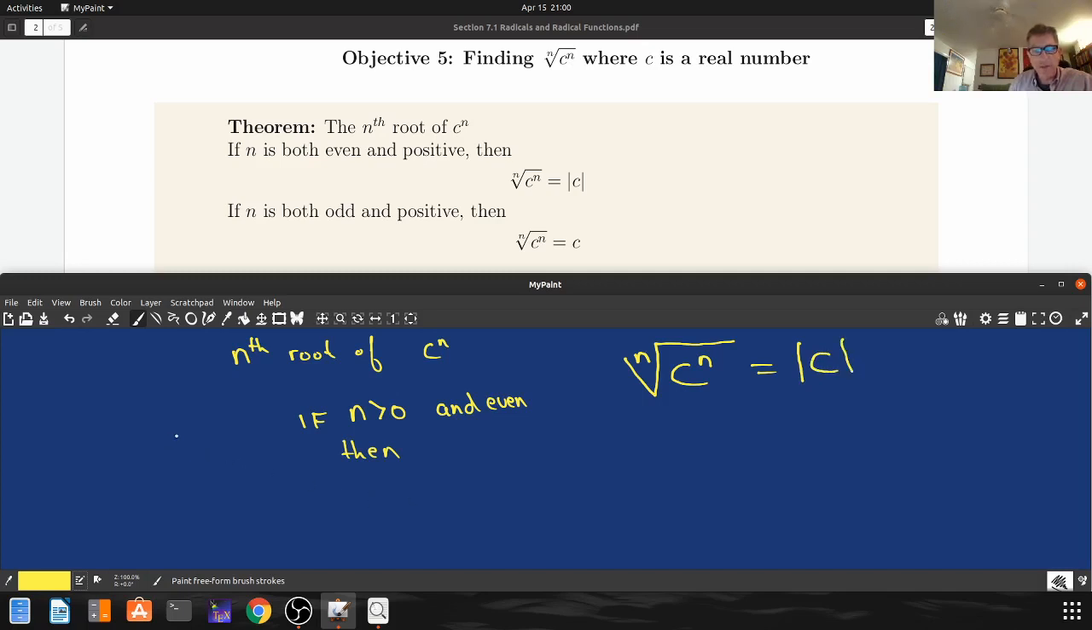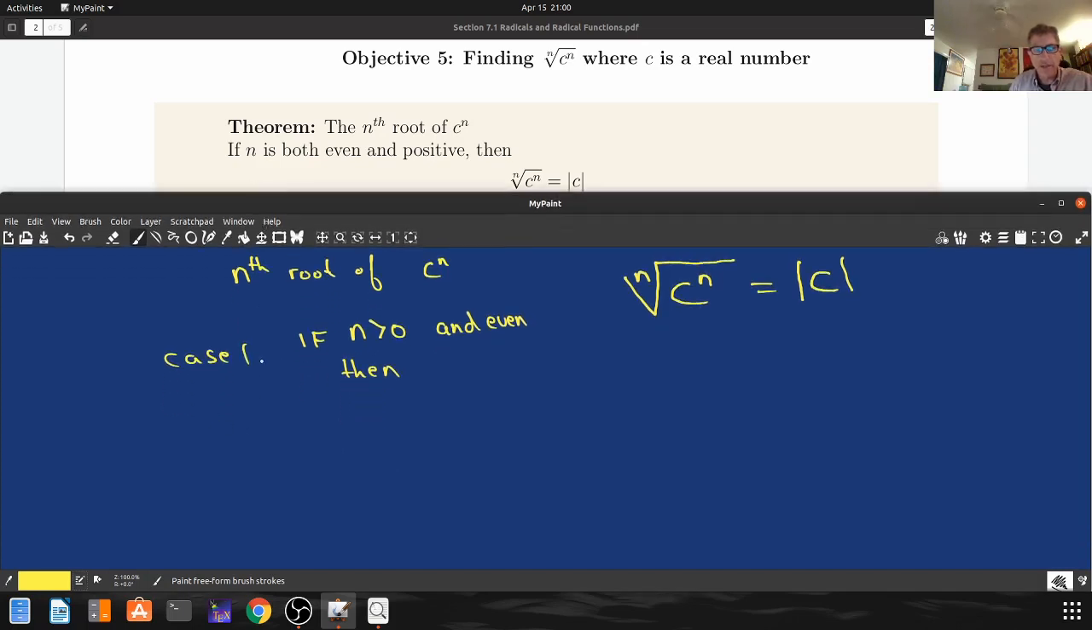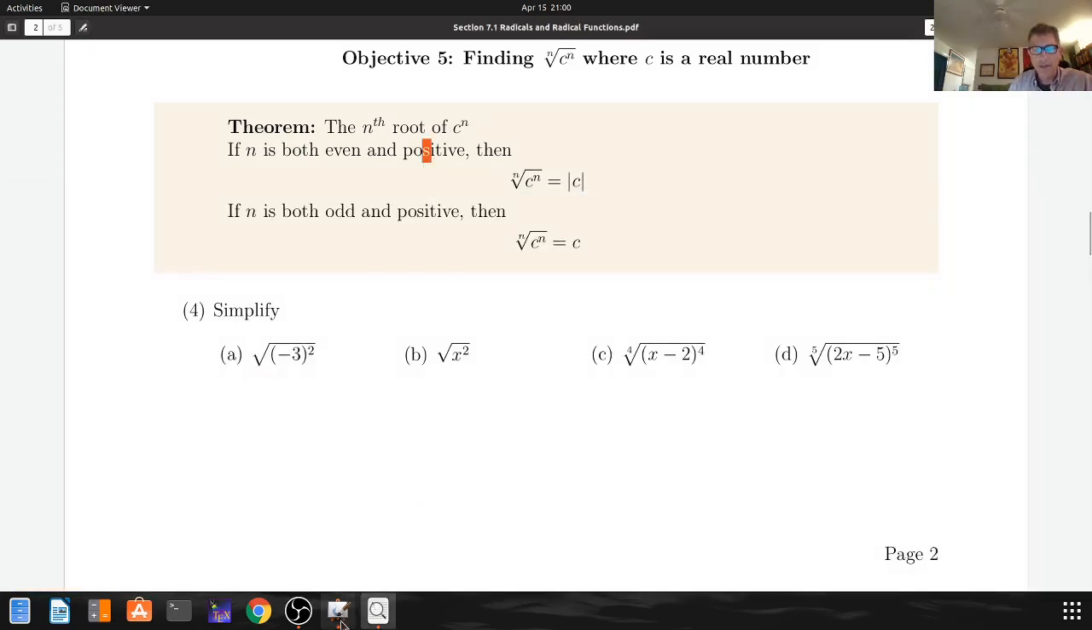So this is case 1. I tell it to you right here. Case 2 is, if n is positive and also odd, then the nth root of c to the n is just equal to c. So let me give you an example of that very thing. Really,